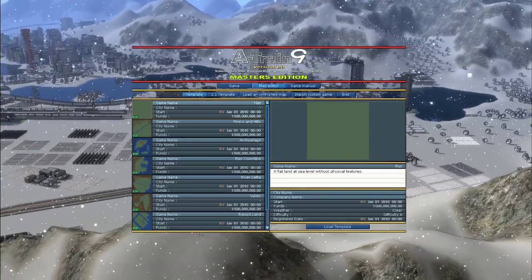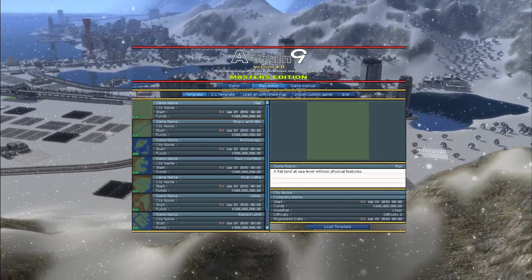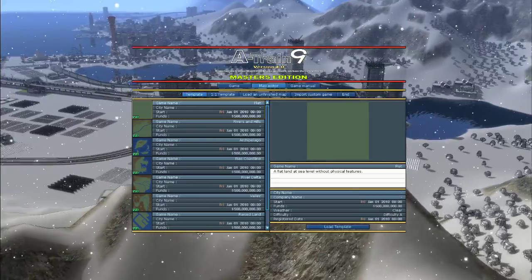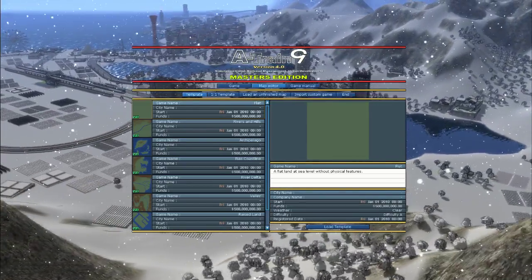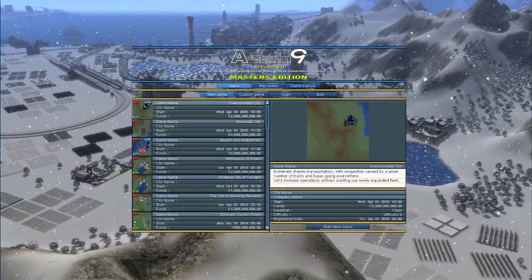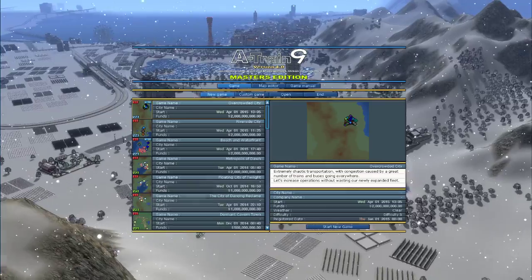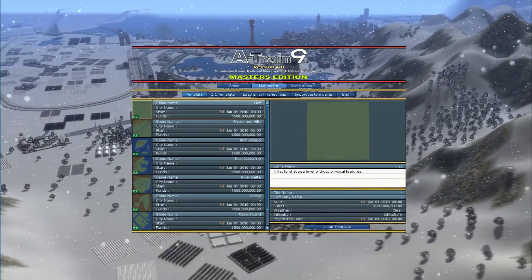Today we're going to look at how to create your own game. We're just going to look at the technical side of it, how to create your own map in the map editor and how to register that as a game. So normally when you open the train it comes with the game tab selected and the list of pre-started games. If you're going to create your own map you want to go to the map editor,